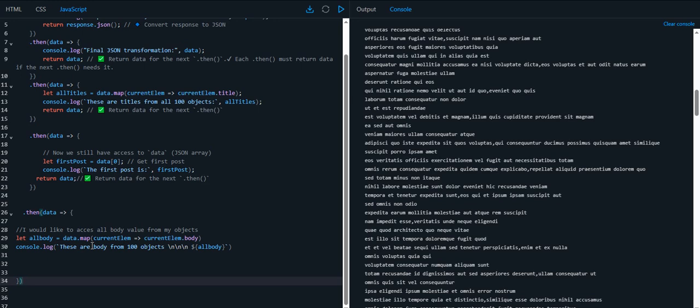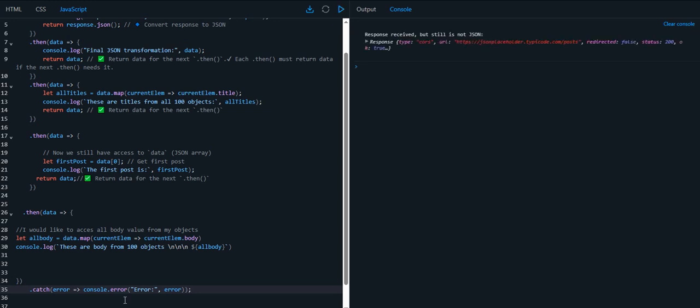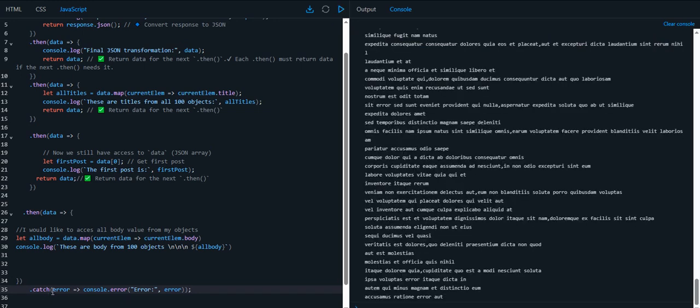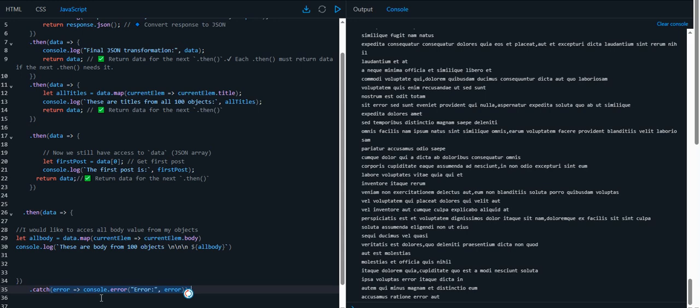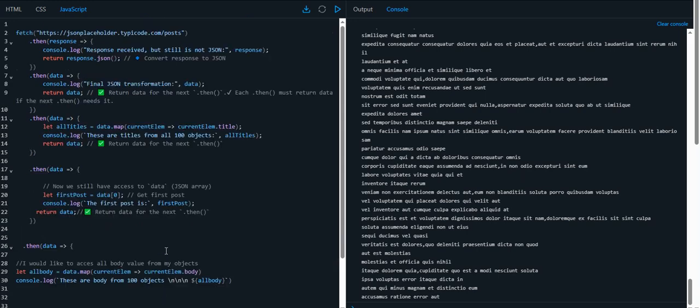Now we should catch an error, because I have then and catch when I use a fetch, also when I use a promise, then and catch. I put this error, catch and callback, also an arrow function, arrow, pass console.log error, error and type of error. Okay,